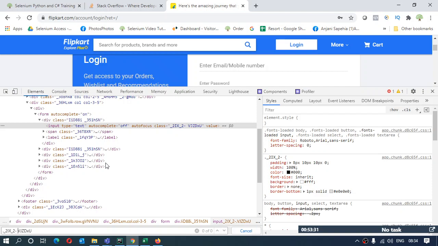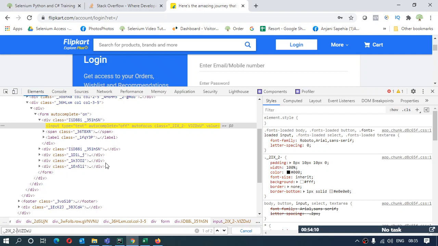No, I didn't remove the space. I just copied the class name. There are two different classes. So if I have to use both the classes, I have to specify the dot and remove the space. So now there is no space, two different classes being used, and both have the symbol dot prefixed in front, so that the inspector screen could identify the class name and can highlight the element for me.